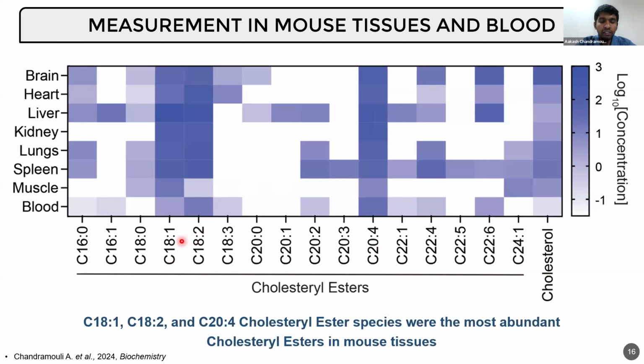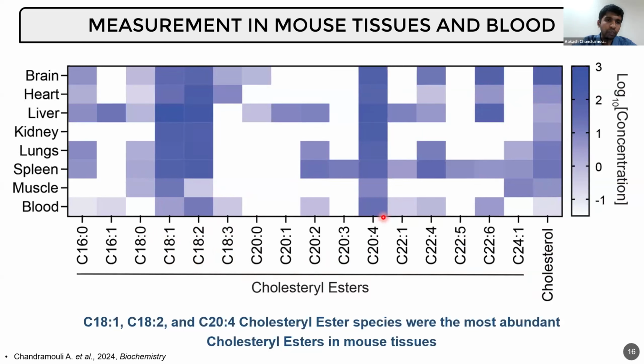So from here, we can see that the unsaturated species or the polyunsaturated forms of cholesterol ester species of 18.2 and 24 were the most abundant in all the tissues, and 18.1 and 18.2 were also abundant in cell lines. So among cholesterol, we could see that brain had the highest amount of cholesterol, and this was falling into place with the already known literature that de novo cholesterol synthesis in brain was one of the highest among all the